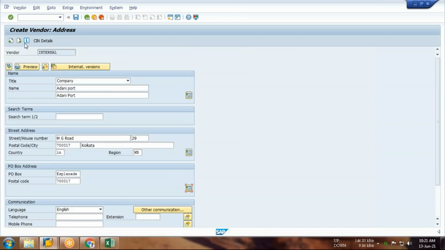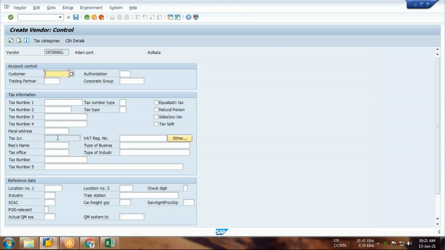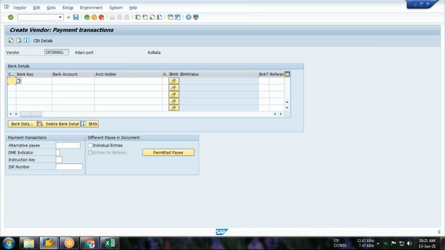So this is the first page. Second page is optional, guys. There is nothing to be selected in the second page. In third page, that should be the vendor bank details.